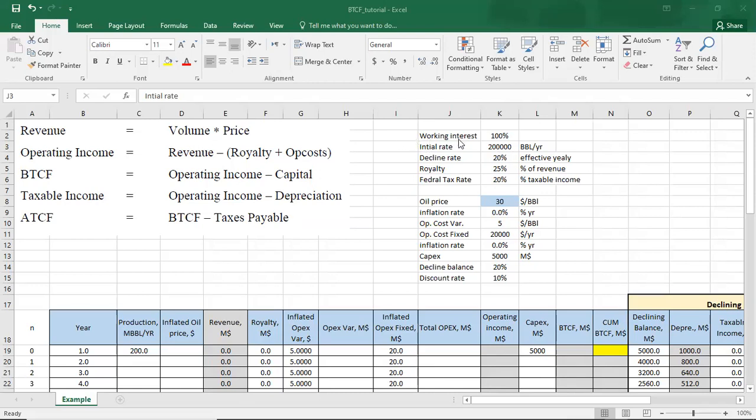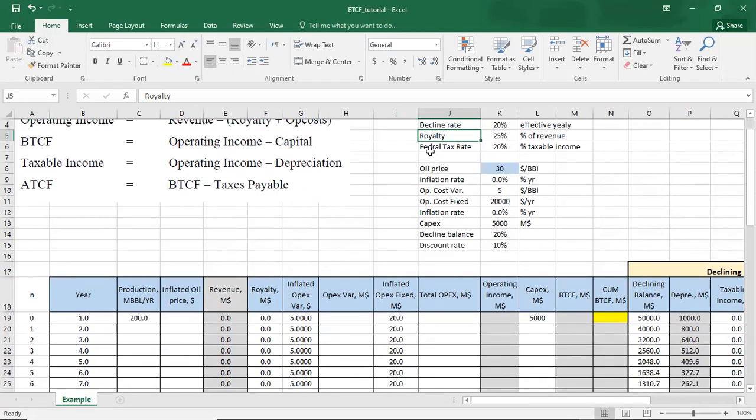The company has a working interest of 100%, which means that the company has 100% sharing in OPEX, CAPEX, and revenue. Then we have an initial production rate of 200,000 barrels per year, and a decline rate of 20% effective yearly. And then we have a royalty of 25% of revenue, and a federal tax rate equal to 20%